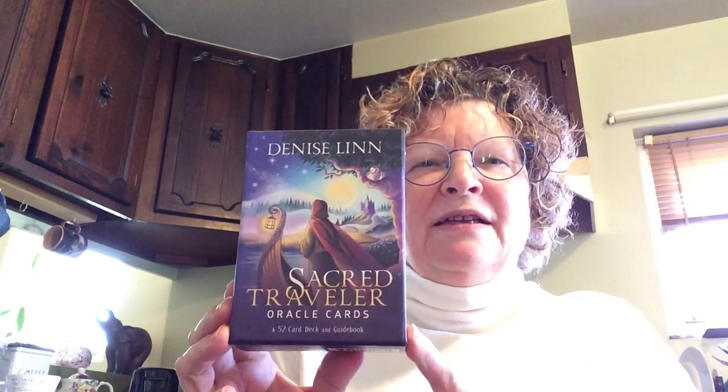So let's look at, I always like to do a little card from Spirit, or just an extra clarifying card. And I'm going to use the Sacred Traveler. I bought this deck last fall. I saw it on a shelf in a shop locally, and oh my goodness, if you haven't seen this deck,